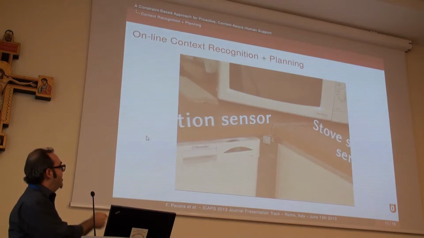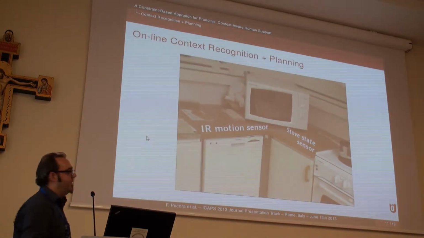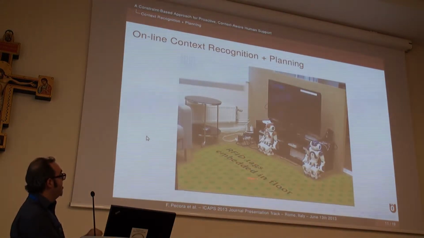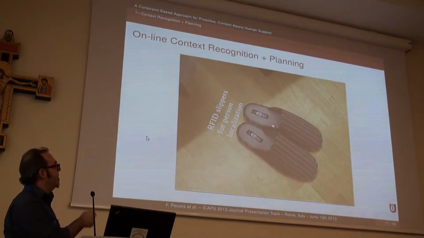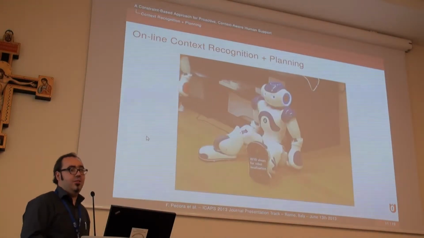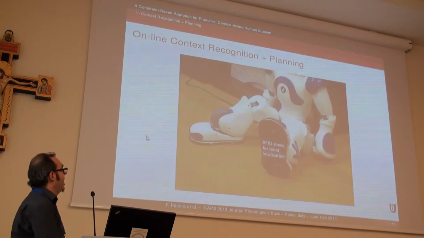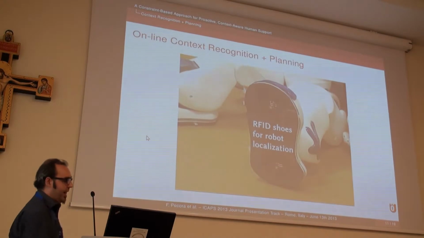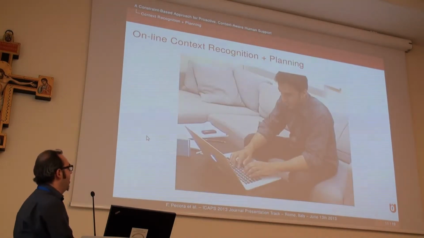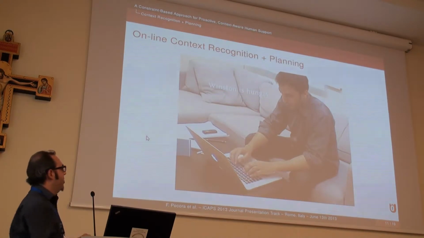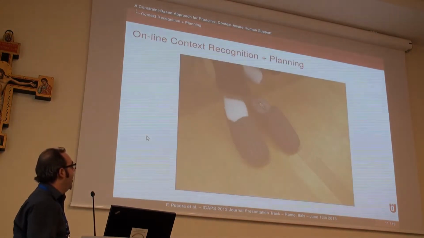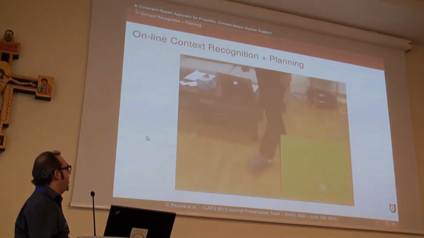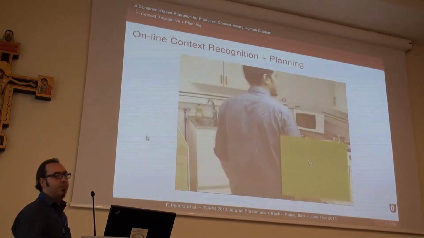This is a smart home where we have several sensors in the environment, and Winston lives in this home in our lab. So there are RFID tags under the floor, and these tags allow to localize a person with, for example, shoes or slippers. Of course, you have to be wearing them to be localized, but also robots can localize themselves with the use of special shoes, which interact with these tags under the floor. And the story goes as follows. Winston gets hungry and wears his shoes because he always does. And that's an assumption that always holds.